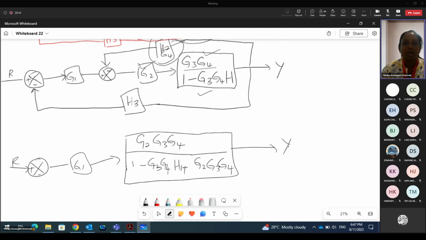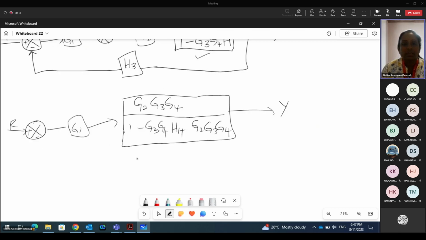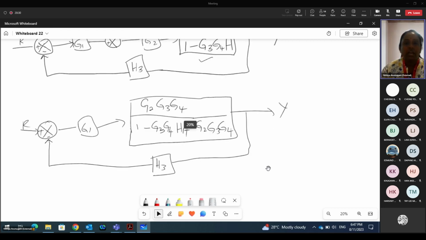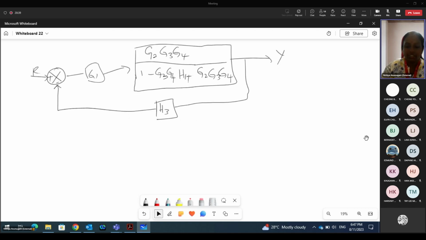We still have the Y output, and then the H3 loop still exists. So it's coming from here to the summing point. Okay, so from here, the standard form is a system without any feedback loop. So again, we're going to eliminate the H3 in this case. I'm also going to remove the summing point. So R,